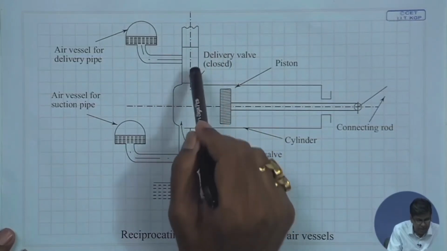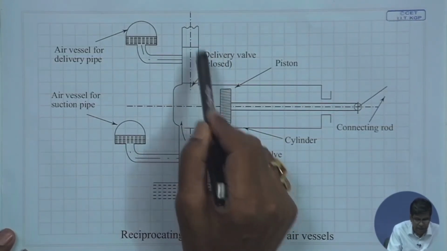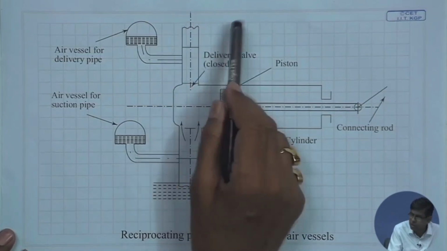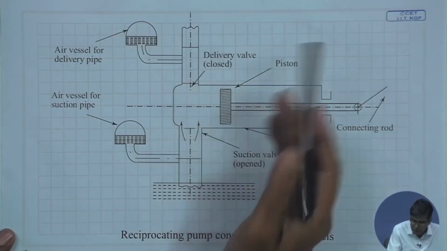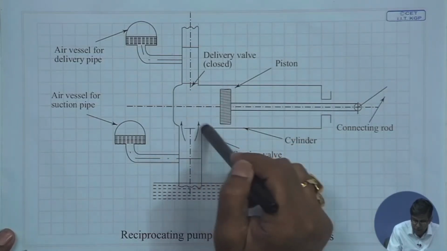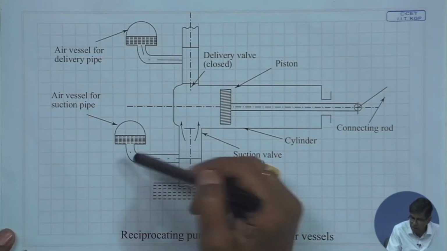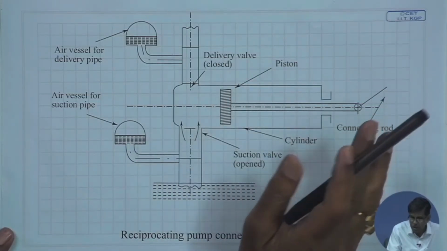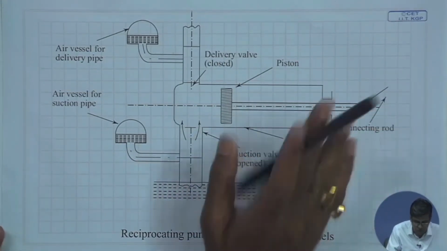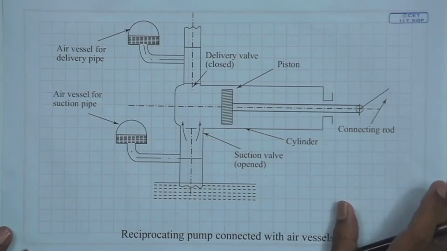So, it is the saving of power, and another thing is the constant rate of discharge, which is more important and which is not usually obtained from any reciprocating pump without the air vessels. Even with a number of pumps, there will be a fluctuation, but it will be relatively more uniform. So, this is the function of the air vessel, and this ends today